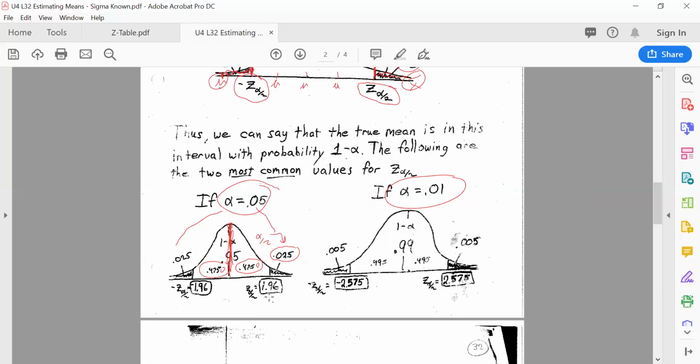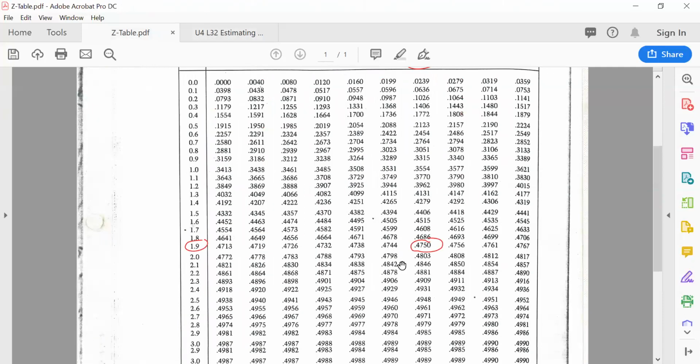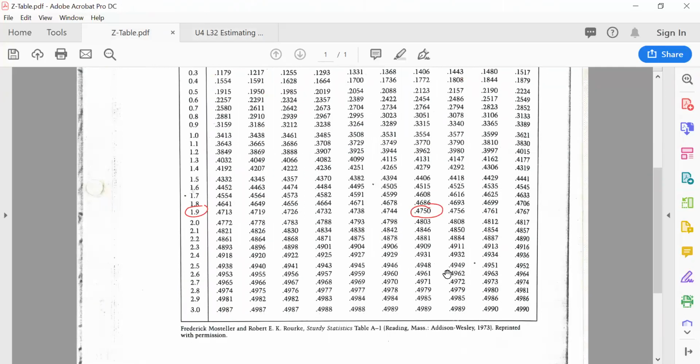The other common alpha level is 0.01. If you take 0.01 and split it in half, you get 0.005 and 0.005, which leaves 0.4950 here from the center out to the mean. So let's look up 0.4950 backwards on our z-table. 0.4949, look at this, 0.4949 and 0.4951. It is directly in between two areas right there, the one we're looking for, 0.4950. So that's 2.57